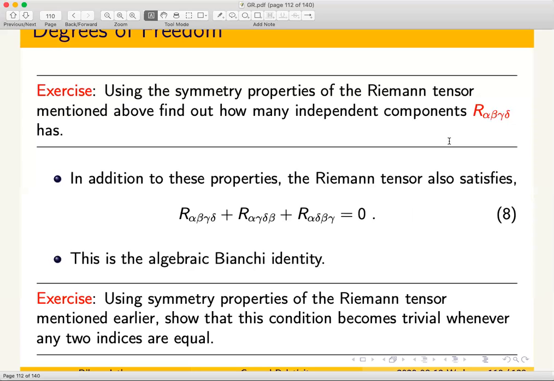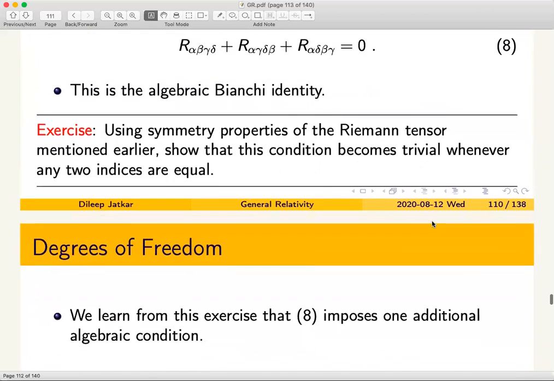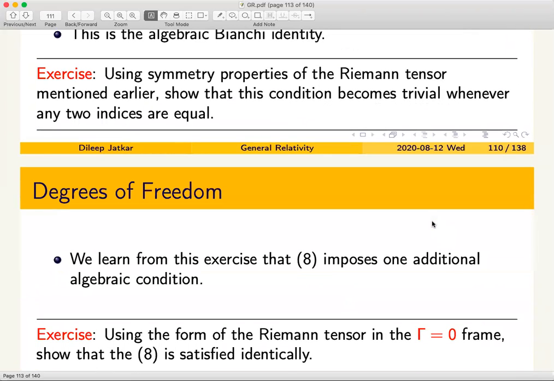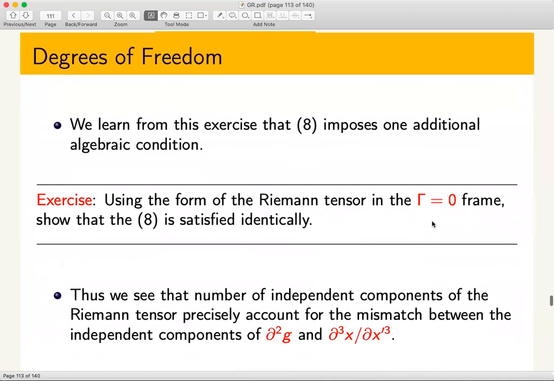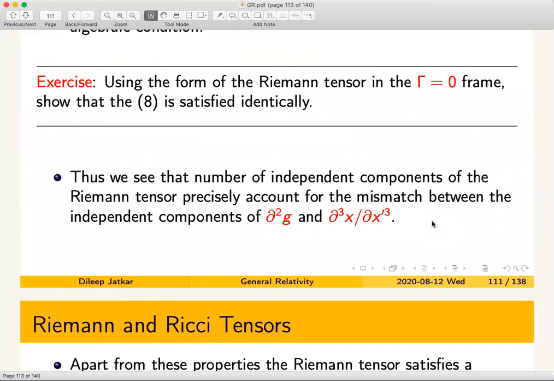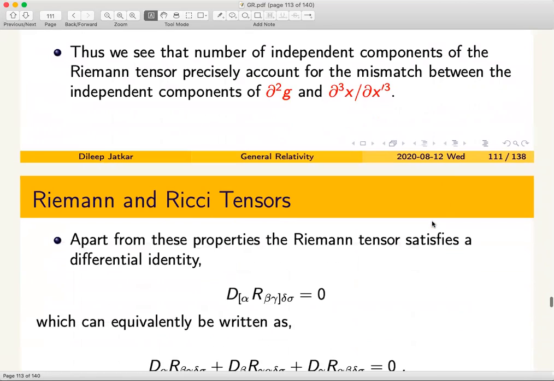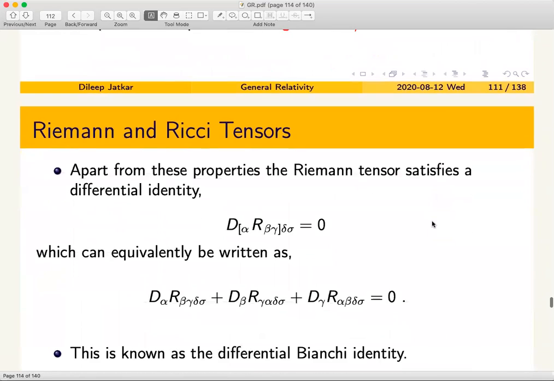For example, if you take the Minkowski metric, then all components are zero. Therefore it doesn't matter which 20 of these you choose, because all 100 components of the Riemann tensor are essentially zero. They are not 100, really 20 only. Okay, fine. So after that, what we did was look at the additional condition that the Riemann